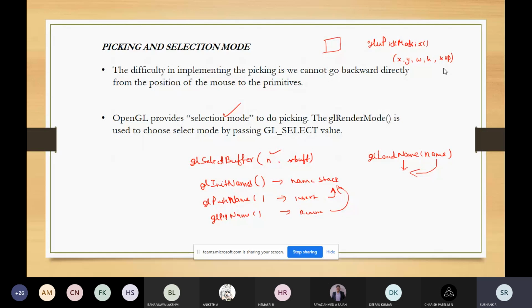This function will create a projection matrix for picking the primitives, where the size is given by width times height, and it will be centered at the position x comma y within the viewport.